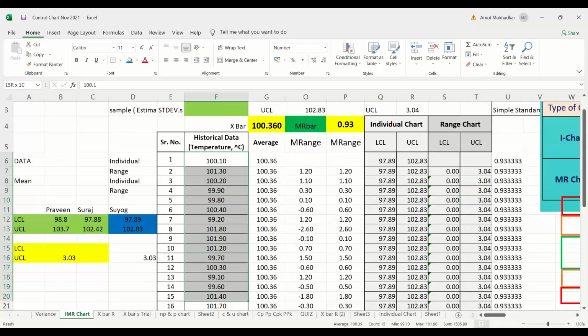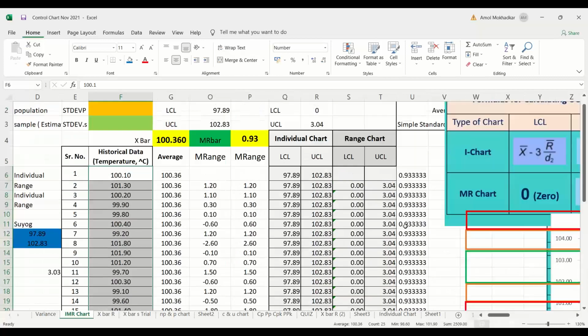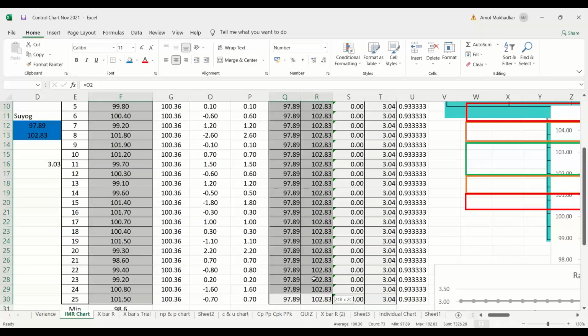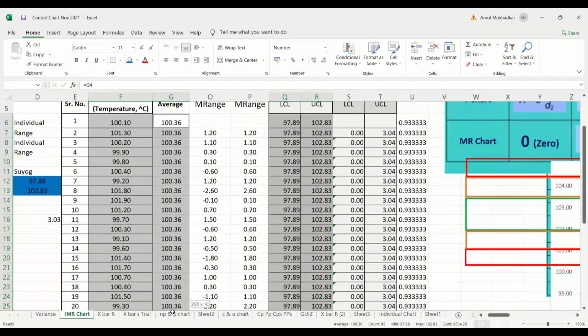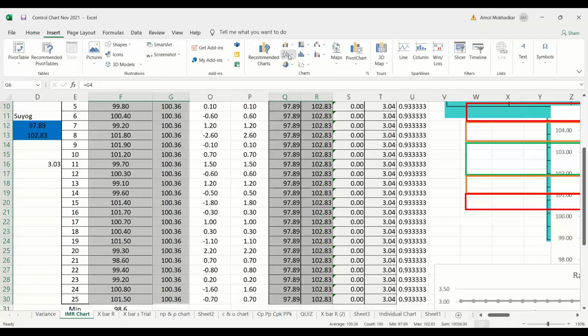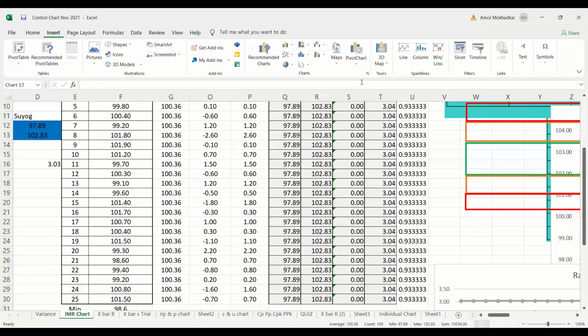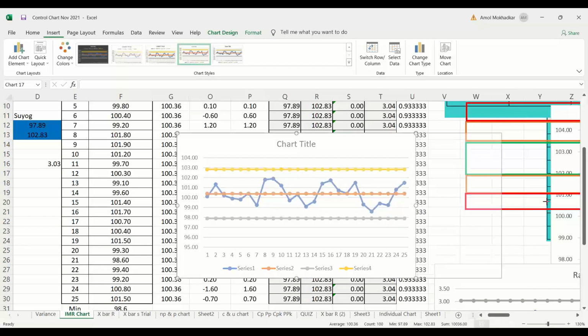This is your data. You select the data, and this is your LCL and UCL. This also you select. And this is your average. Now you go to insert, go to the chart type. So this is your chart for the individuals.